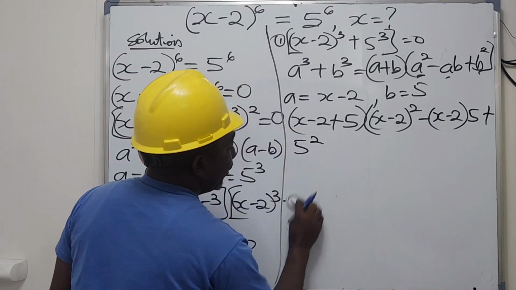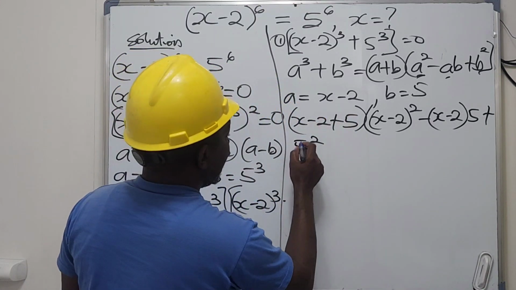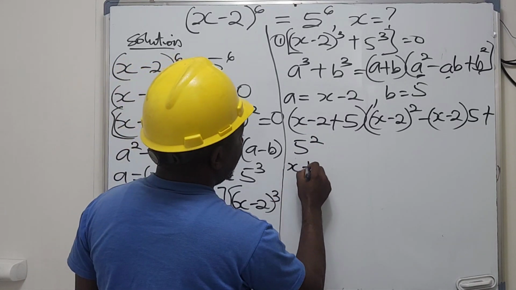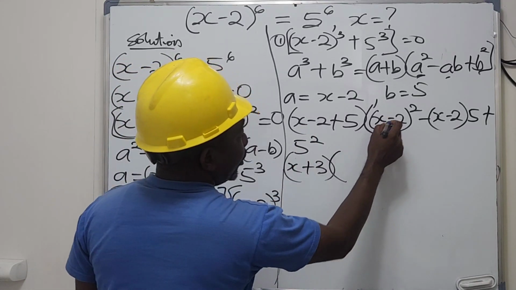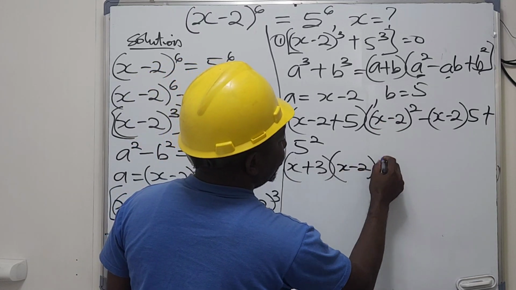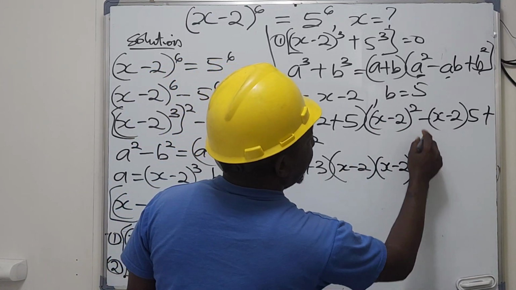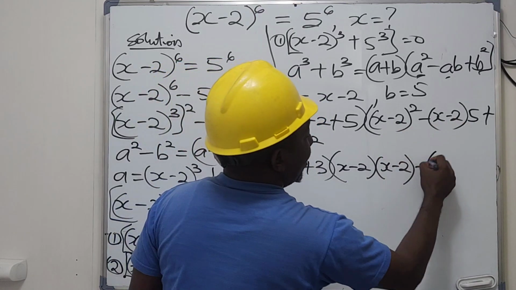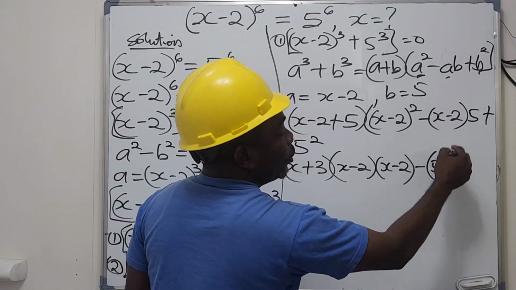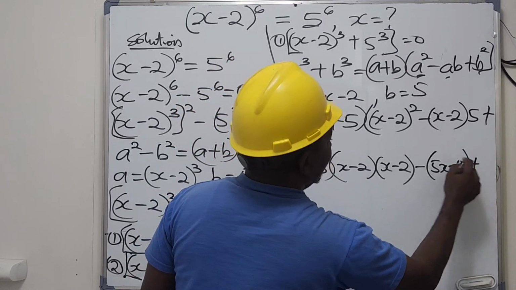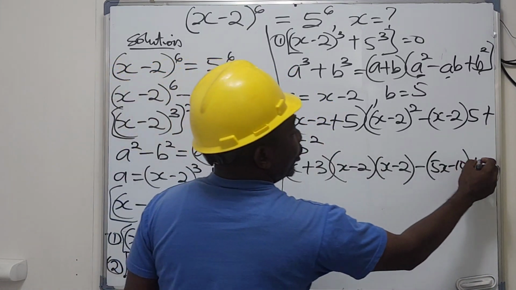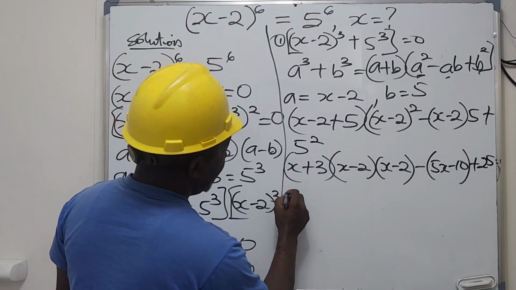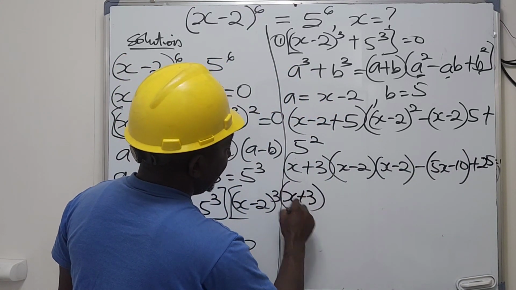So if we evaluate this, this is the same thing as having x, then we have −2 plus 5 will give us plus 3. Then we have into (x − 2)(x − 2), then we have here minus 5 times x, we have 5x. Then 5 times −2, we have −10. Then we have plus 5^2, which is 25. All equals 0. So in this case, this can be written as (x + 3) into,